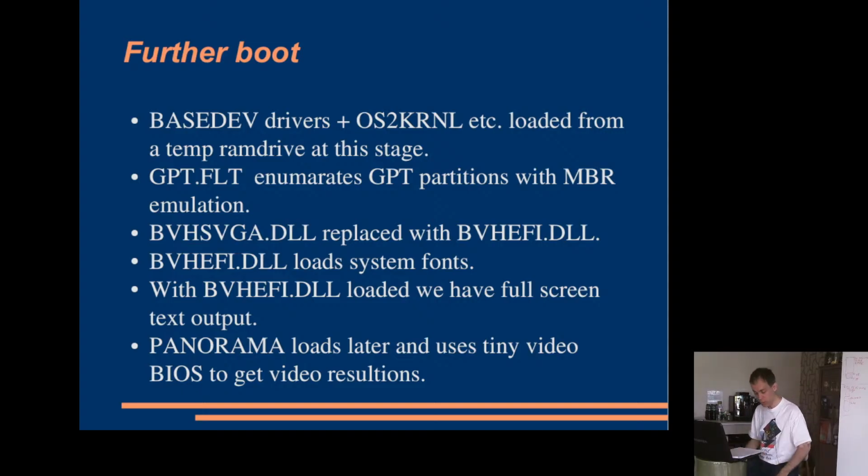So one of the other things that happens is that there is another portion of compatibility in here. As Dixie writes, after all of these base devs have been loaded, once this stage passes, the kernel is about to move on to the regular drivers. If we boot from a GPT partition, then GPT FLT should have found our boot manager along with other mounted ones and create an emulated MBR disk for each one. That's one sentence, but what happens is also a bit of magic.